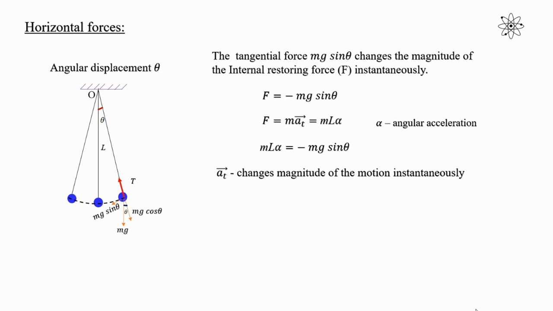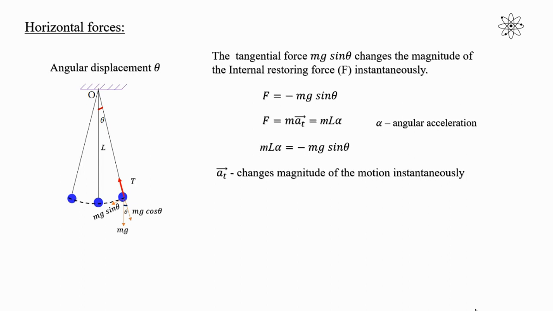We know, student, when an acceleration or force acts in the direction of the motion, it either increases or decreases the speed. If the acceleration is in the direction of motion, it increases the speed. If it is in the opposite direction of the motion, it decreases the speed. So when the bob moves from mean position to extreme position, mg sin theta acts in the opposite direction of the speed. Hence, its speed decreases from the mean position to the extreme position.